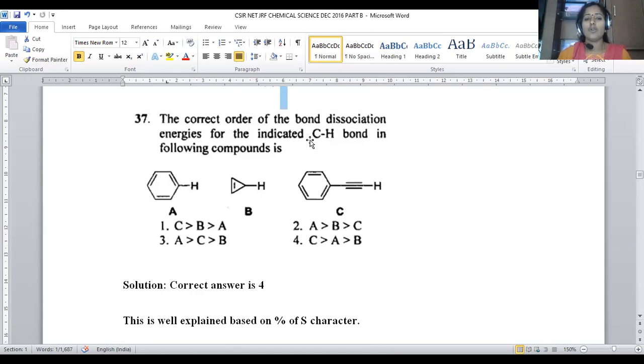The correct order of bond dissociation energies for the indicated C-H bonds in the following. One is the benzene hydrogen. Second is the cyclopropyl hydrogen. Third is the one in contact with a triple bond and the terminal hydrogen is there, right? Here 3 different compounds, acetylenic hydrogen is there. Then how can we depict bond dissociation energy? That purely depends upon its percentage of s character. S character for the first hydrogen, what is